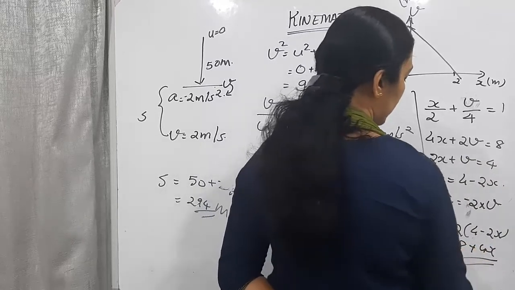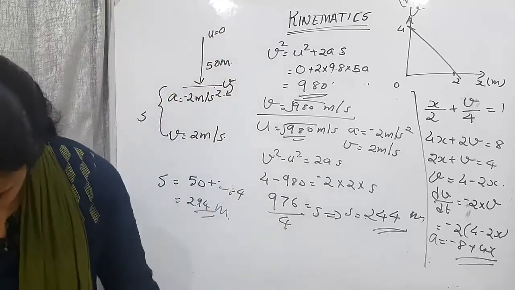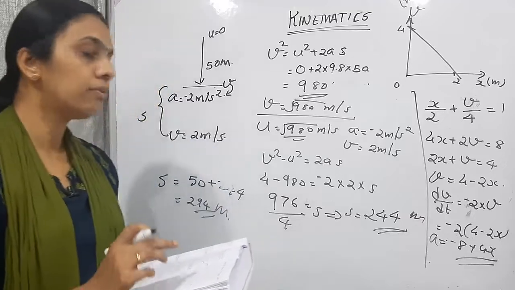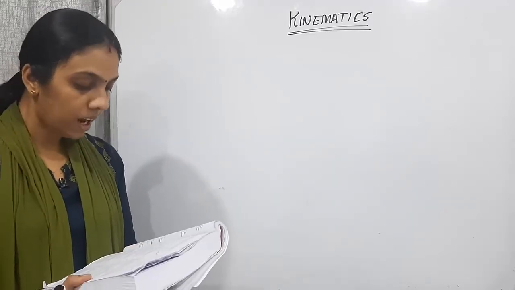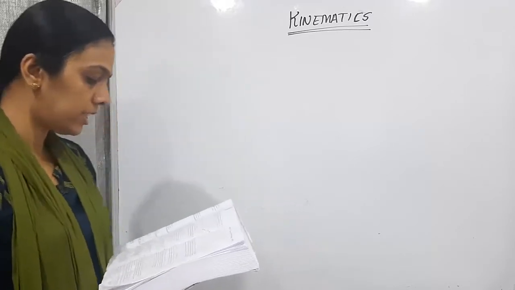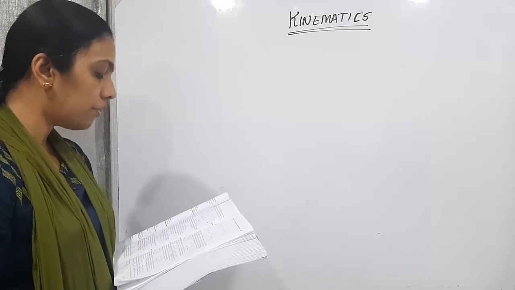4x minus 8 will be the acceleration. Acceleration is 4x minus 8. Yes, here its answer is D. A equals 4x minus 8. Clear? Next question is, a car A moves along north with velocity 30 km per hour and another car B